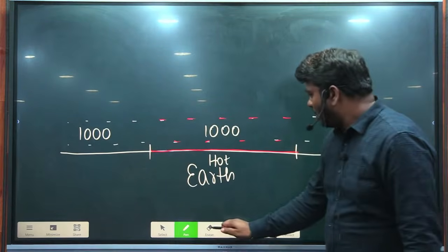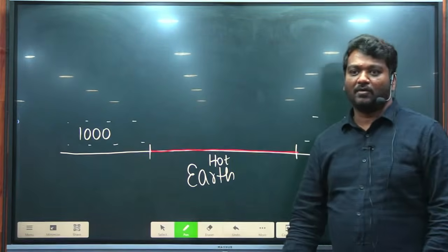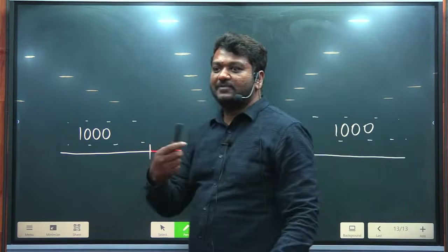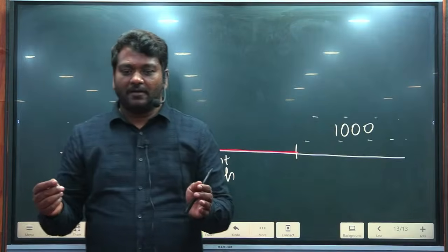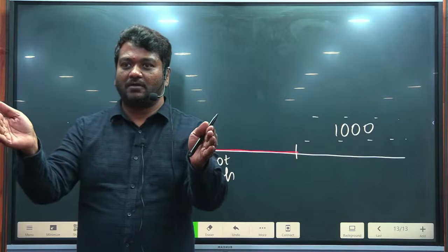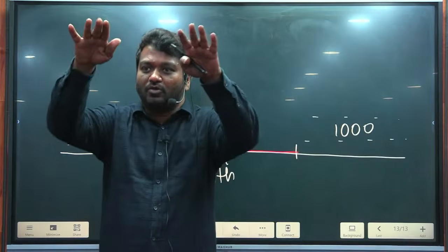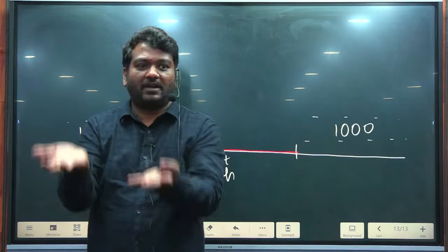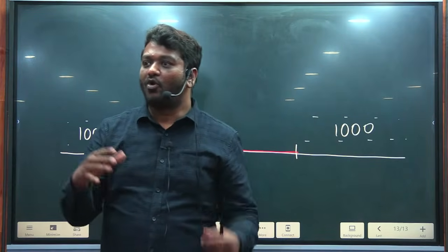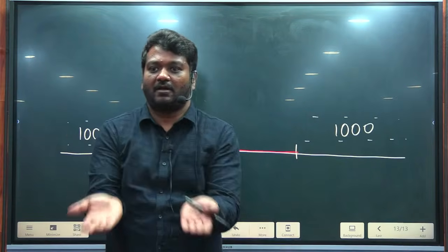Now, what will happen to the hot air? Will it go above or will it come down? Hot air rises, and I'll explain why. See, water is there, and you have a rock. The moment you put the rock, can I say the rock is heavier? The rock goes down, water rises. In the atmosphere, hot air is lighter, cold air is heavier. Cold air comes down, hot air rises.